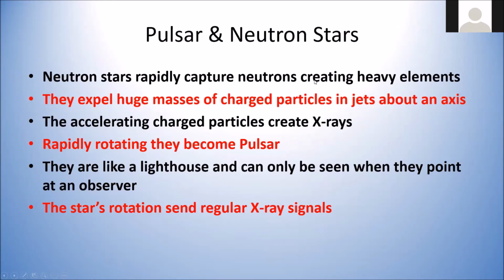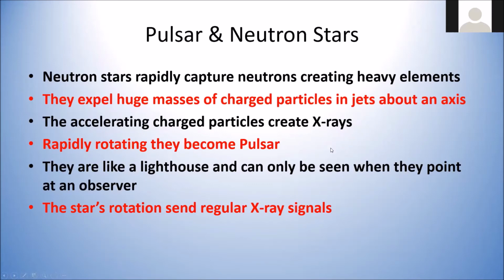Neutron stars rapidly capture neutrons, creating heavy elements. They expel huge masses of charged particles in jets about an axis. There are axes that they're spinning in. These jets are throwing these charges out, and accelerating charges create X-rays, and we can see them from their X-ray signatures. The rapidly rotating ones